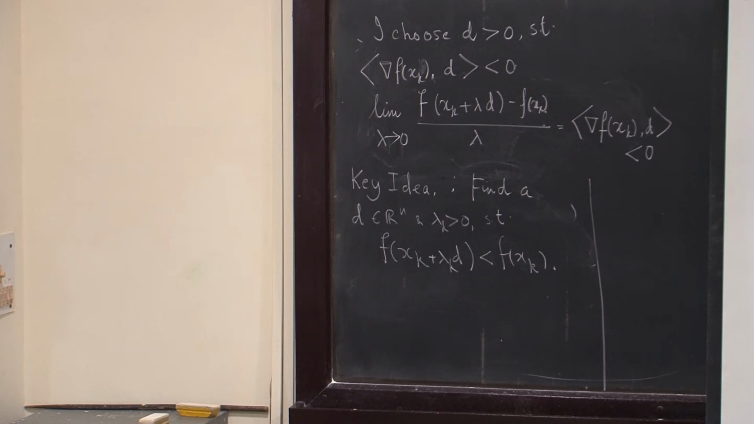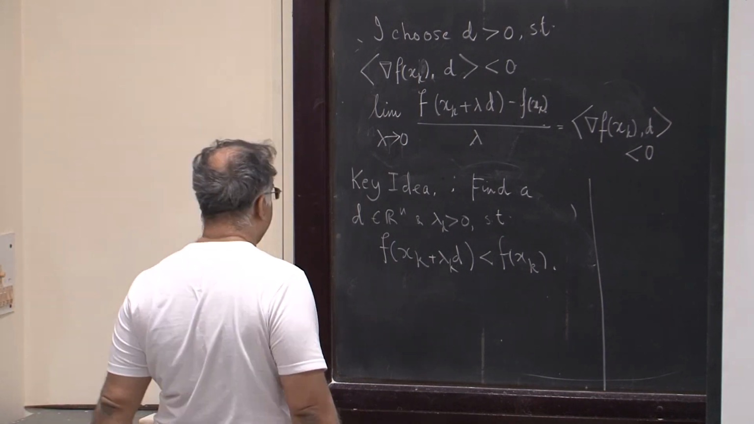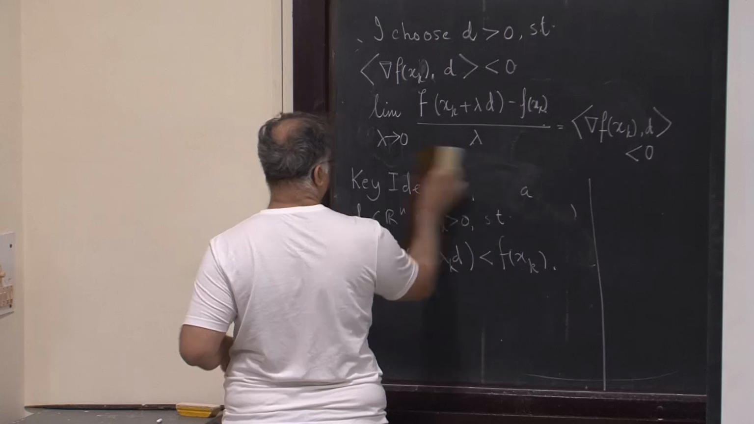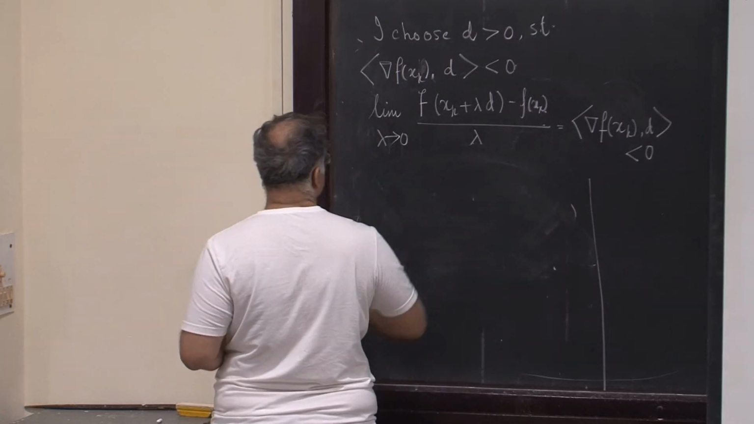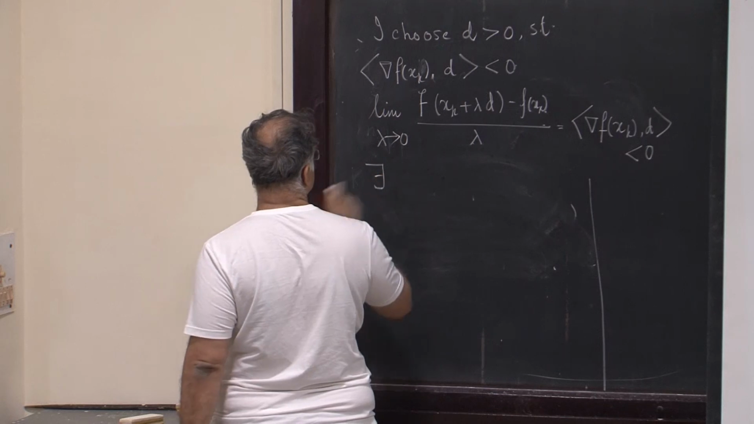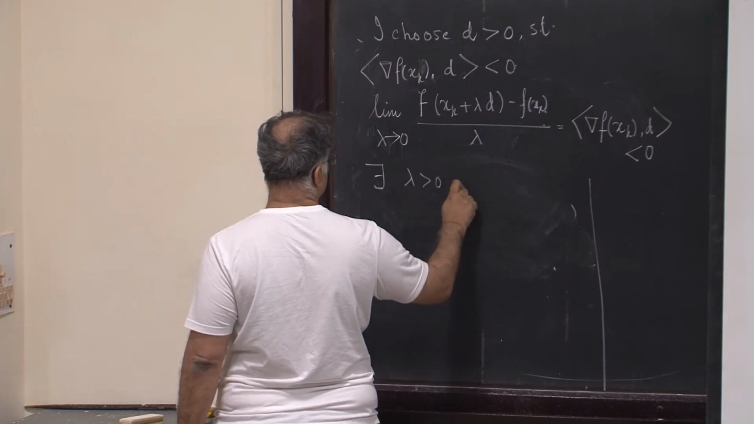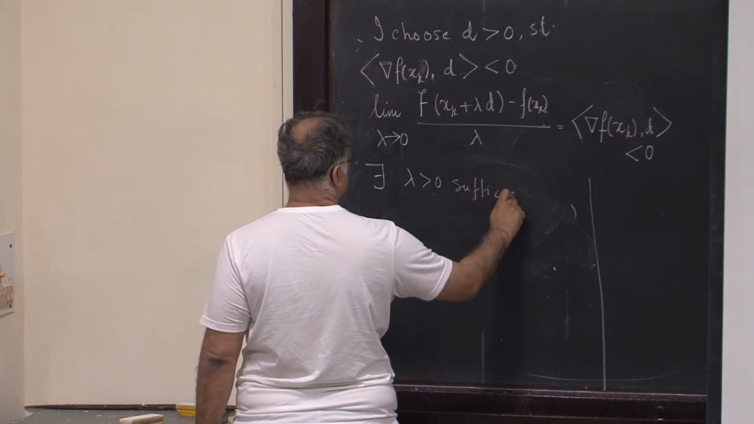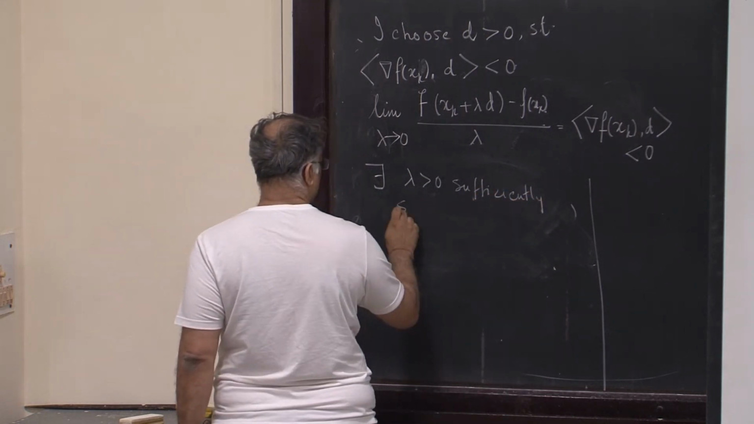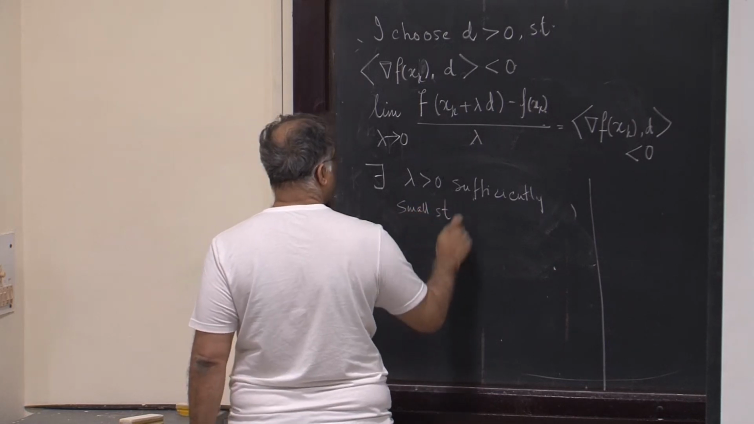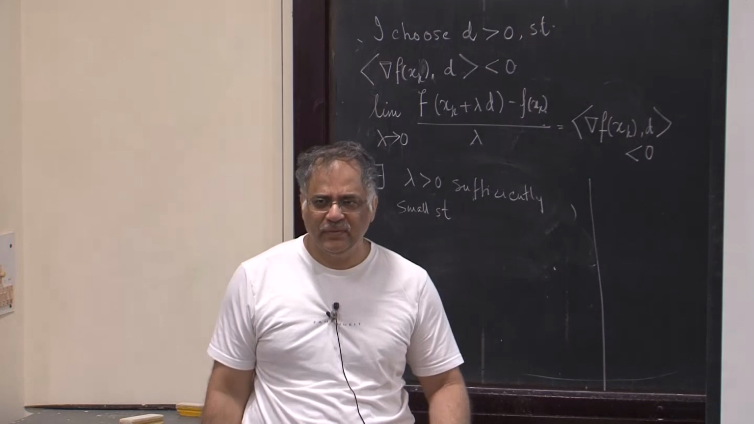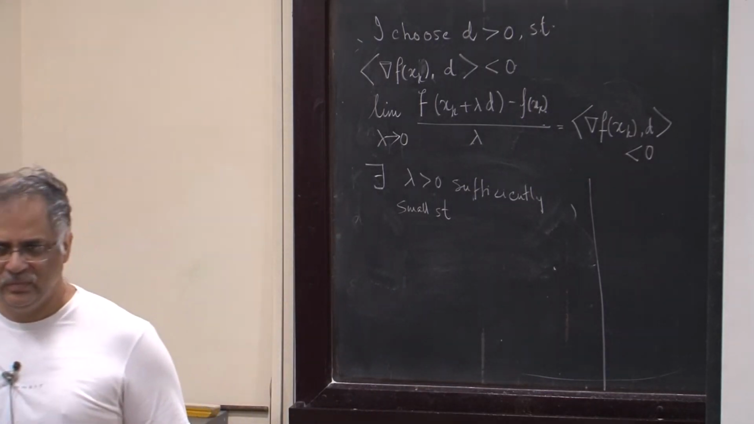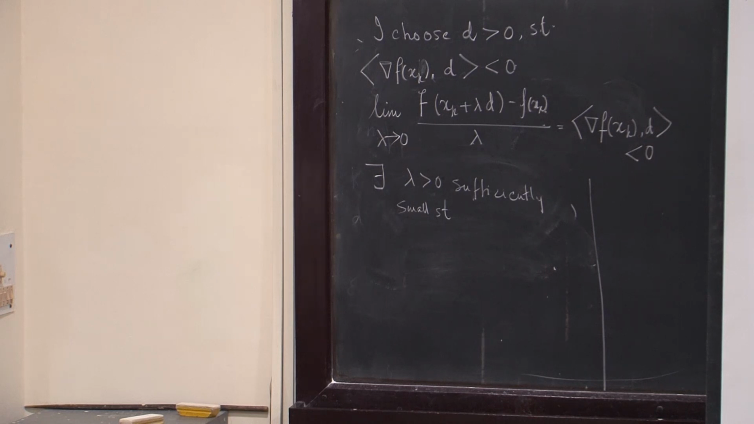the tail would lie in a neighborhood of the point at which the limit is converged, the limit point, the tail of the sequence. So essentially it means that, but if it is equal to 0, you can't say anything like that. So it means that there exists lambda greater than 0 sufficiently small, that is, as x k plus lambda d is very near x k, right, then